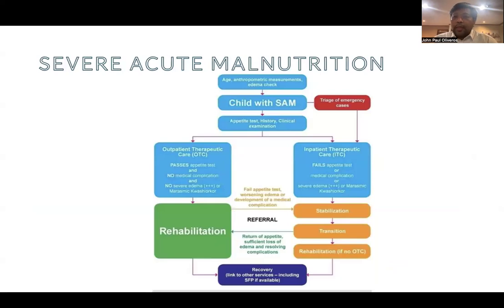So if our patient has severe acute malnutrition or severe wasting, then it would depend on whether our patient has complicated or uncomplicated severe acute malnutrition. When we say complicated severe acute malnutrition, those are patients having severe wasting, not able to feed well, and having a serious illness. I guess tumor patients belong to those with severe illness. So you might need to admit the patient, and